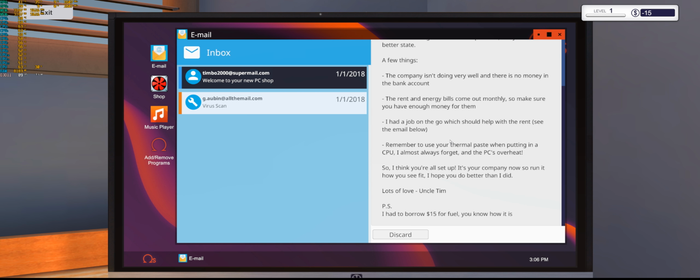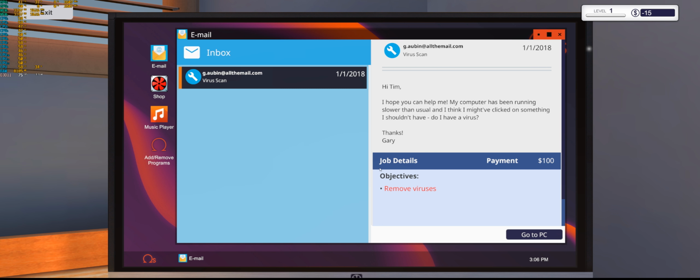And you start off with like minus $15, and we'll discard that email, and then you get these little objectives where it says, okay, so it's January 1st of 2018, and you get these emails, and it says,